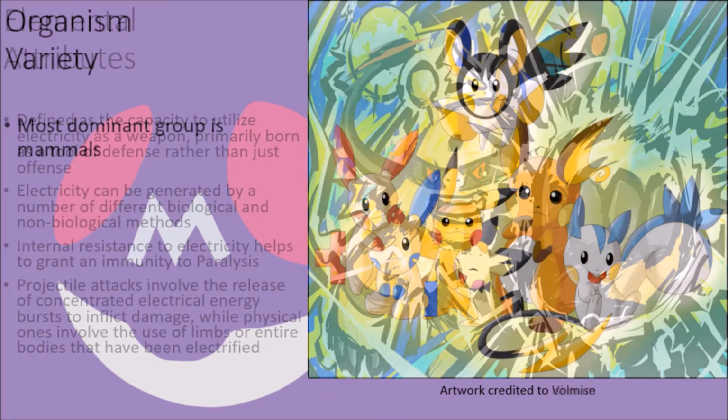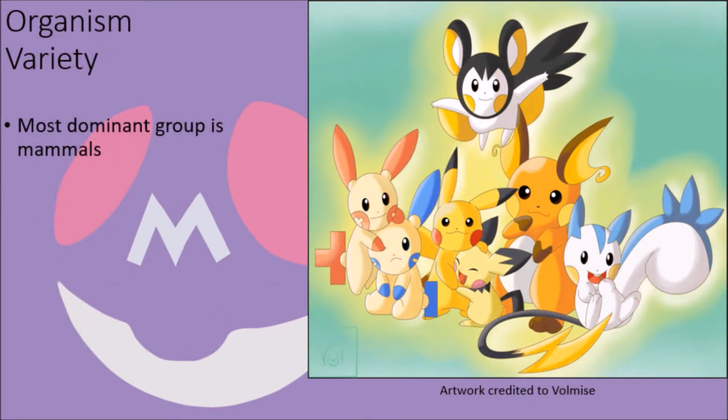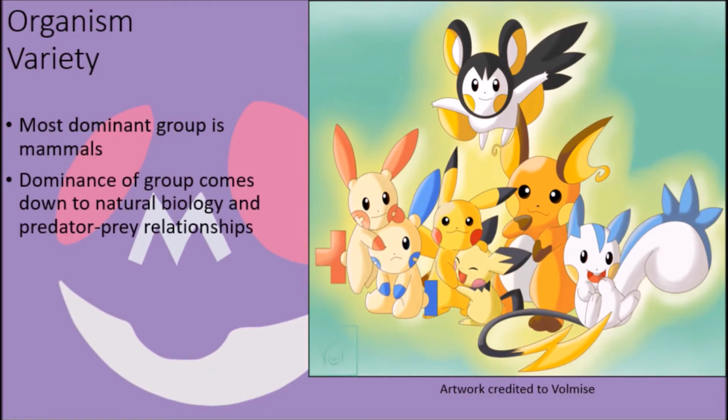The electric type is one that is spread over a fairly large group of different organisms and entities, but as a whole, the most dominant group that possess access to this power are mammals. This is likely due to the fact that their anatomy is more conducive to the electrical organs and sacs that are often responsible for the creation of electrical discharges, plus their predator and prey relationships make it more likely that